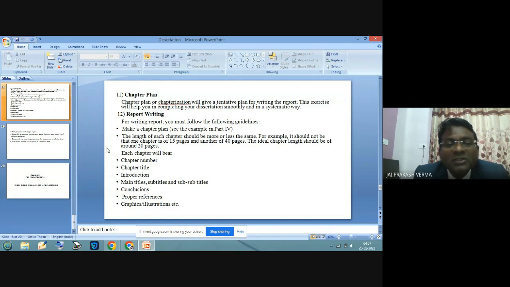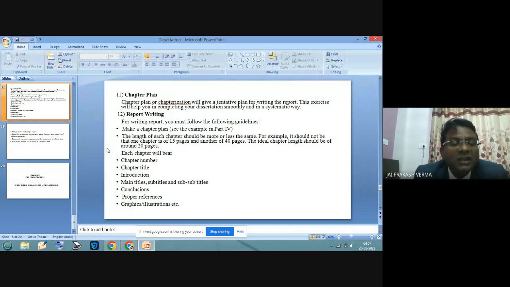The length of each chapter should be more or less the same. For example, it should not be that one chapter is 15 pages and another is 40 pages. The ideal chapter length should be around 20 pages. So each chapter will have a chapter number, chapter title, introduction, main title, subtitles, conclusion, proper references, graphs,